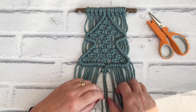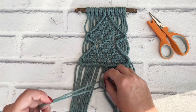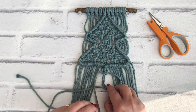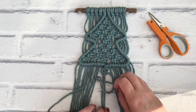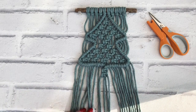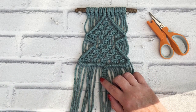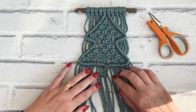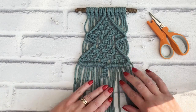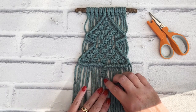Okay, and in fact I think I'm going to make another square knot underneath just to make the trunk of the tree look a bit longer. Okay, and then, I mean, you can leave it like that, or if you wanted to, you could edge the border with a double hitch knot pattern again, in which case,